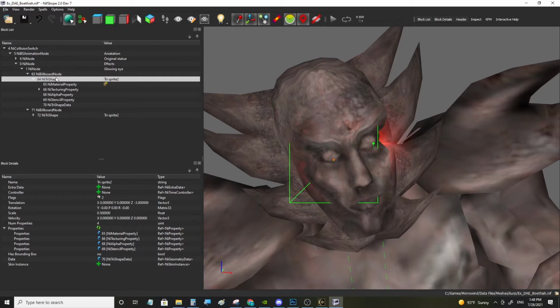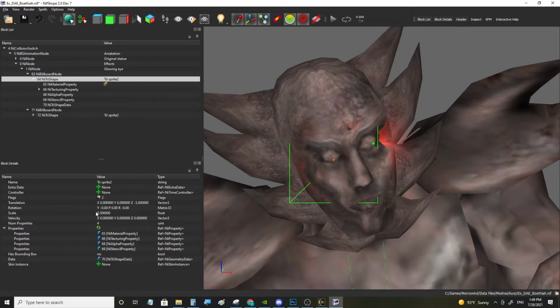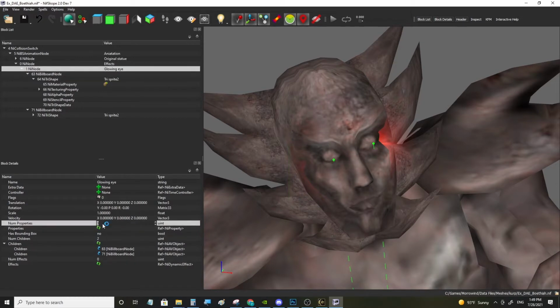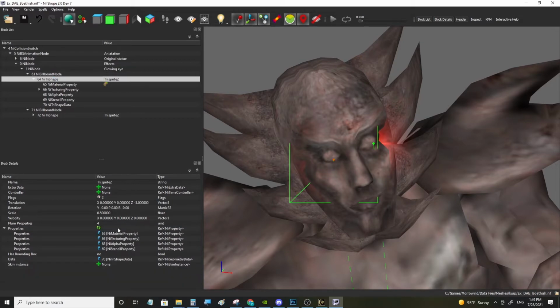So, for example, this NiTriShape has these material, texture, alpha, and other properties, and I will just remove them from here and add them here. And the easiest way to do that is, like, this has 4 properties, I want 4 properties here too, and I will just type in the same numbers as here,